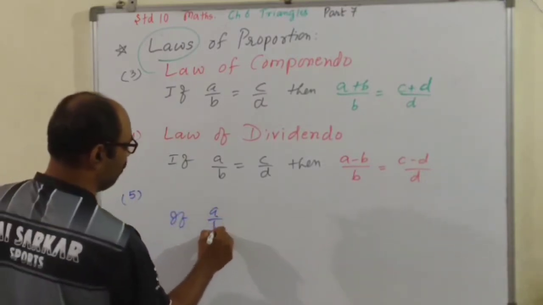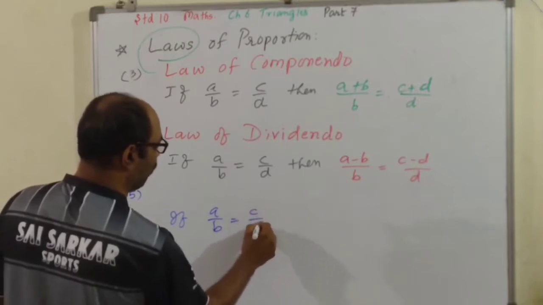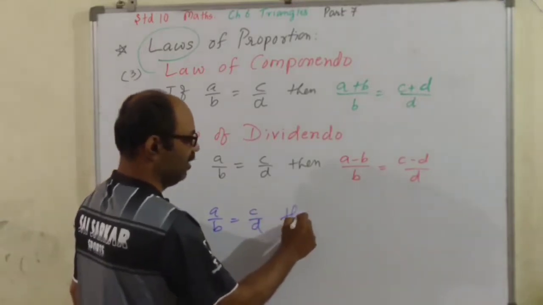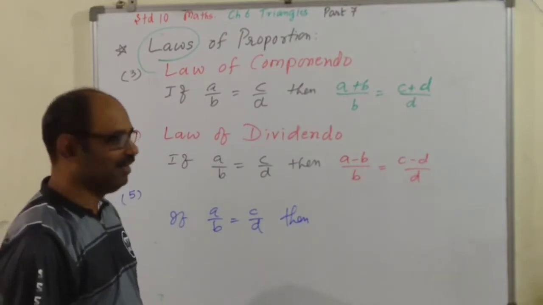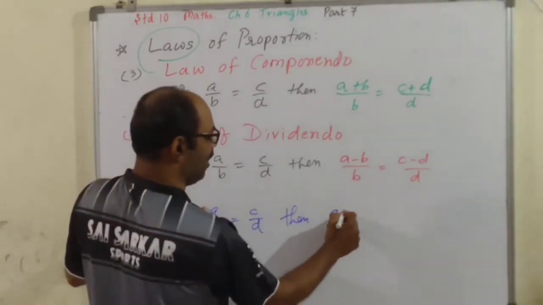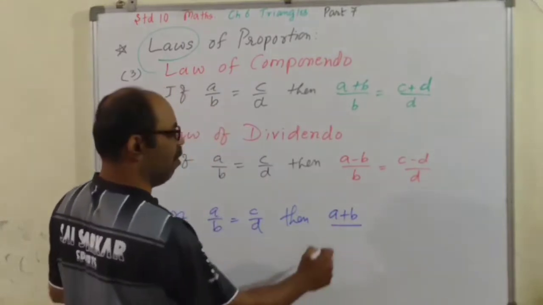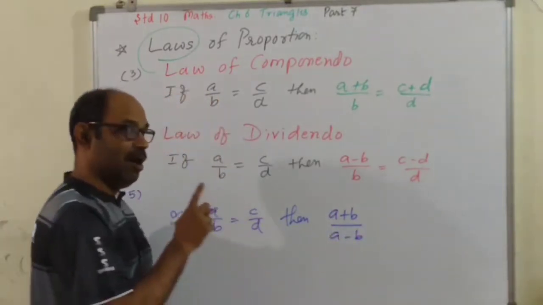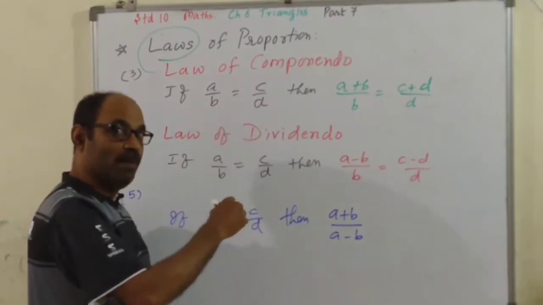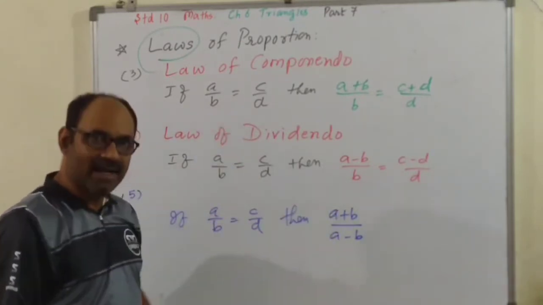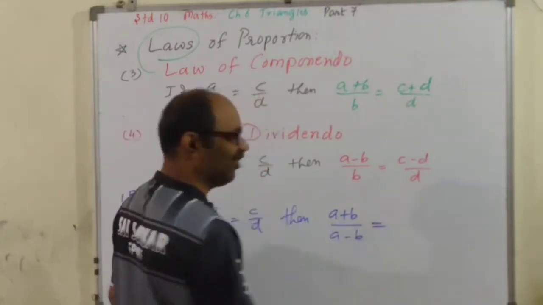If A upon B is equal to C upon D, then, children, I'm writing directly, A plus B upon A minus B. In order, A has to be written first. A plus B upon A minus B is always equal to